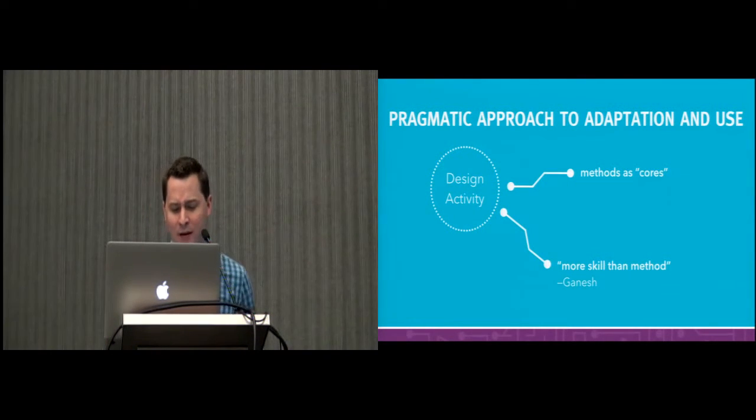So the combining of existing methods illustrates that formal barriers between the originating methods were left almost non-existent and often inaccessible to the designer responsible for creating the method in use. That's why perhaps Ganesh concluded that his desire for starting UX practitioners was more skill than method. Not that the methods themselves were useless knowledge, but rather that the pragmatic center for their method is the flexible performance in a situated design context, not the method objectively defined itself.